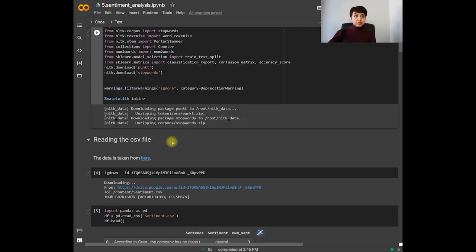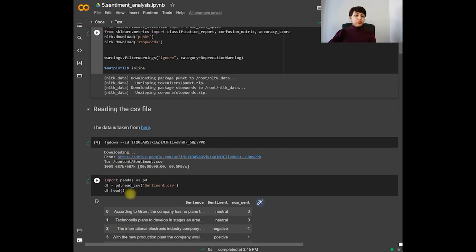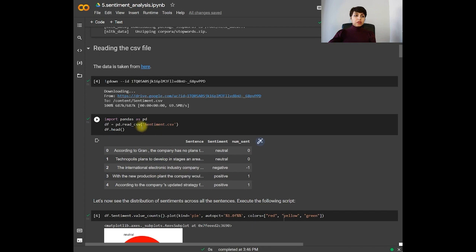We read from a CSV file, which is available here and is related to the FinML1EN sentiment dataset, so you can find a link here. We put it in Google Drive and download it,